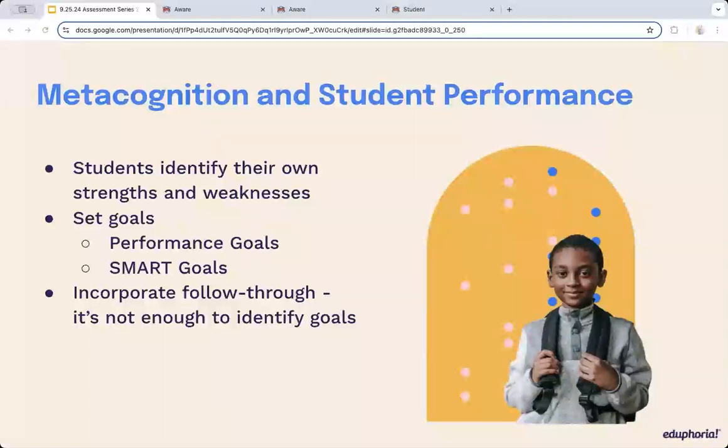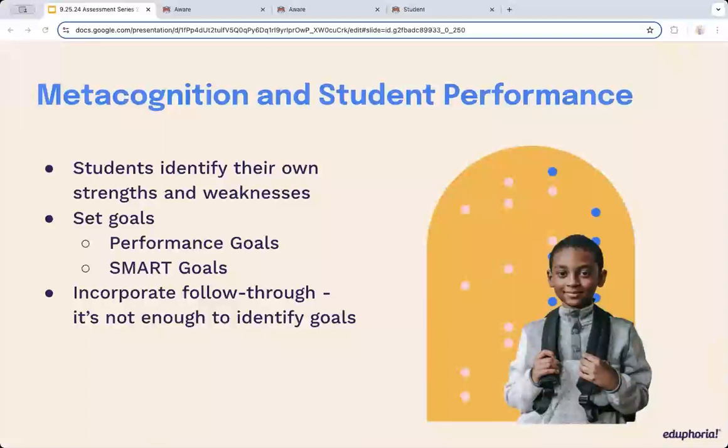Now, let's also talk a little bit about the 2 most common types of goals you have in a classroom setting. The first is just a flat performance goal. Sometimes these are frowned upon because they lack depth. An example would be, I want to improve by 15% on the next test. Honestly, it really is a very surface level goal, but it is still potentially a good goal because it has some important criteria that any goal should have. It's measurable, it's attainable, assuming you set it at an appropriate level.